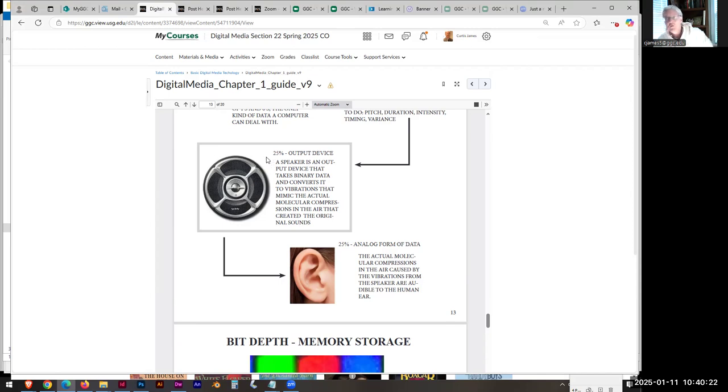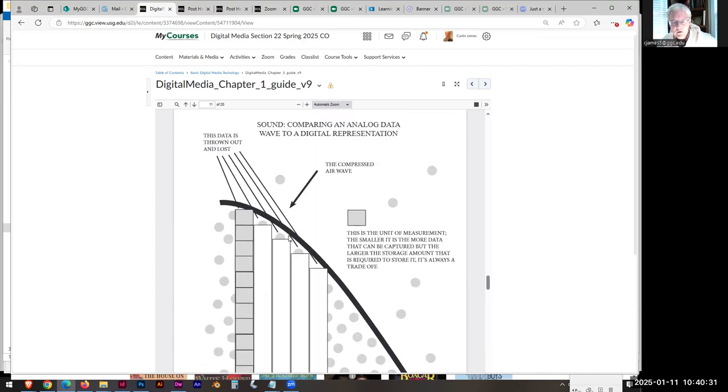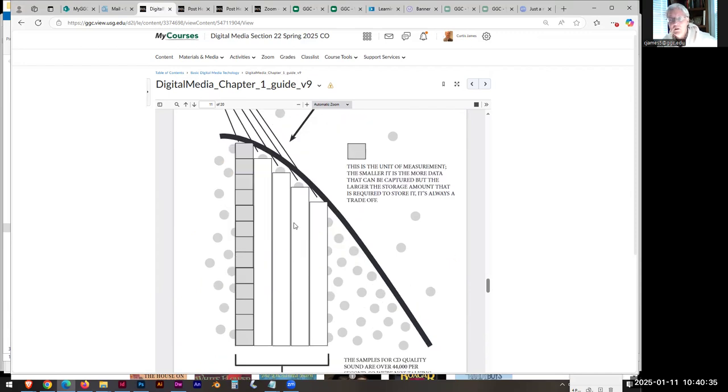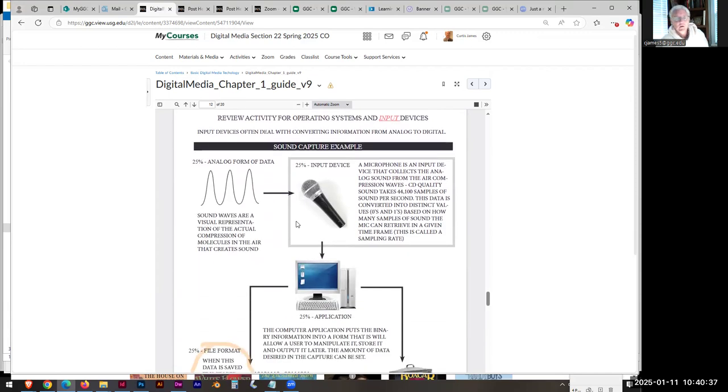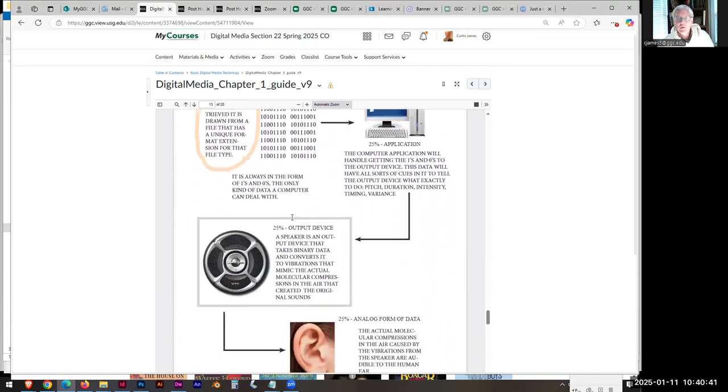It will reproduce it exactly, okay, but it cannot capture every little bit that we lost up here. So it's never really quite as good. Okay, now we can't tell the difference. We really can't tell. And so it's not really that big a deal. Okay. But where this becomes a problem is